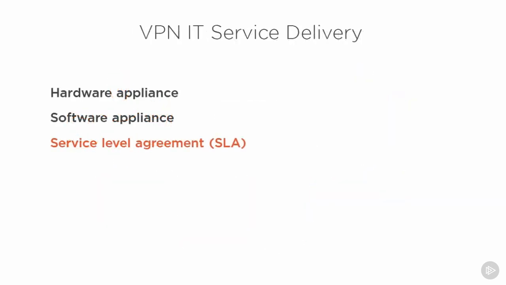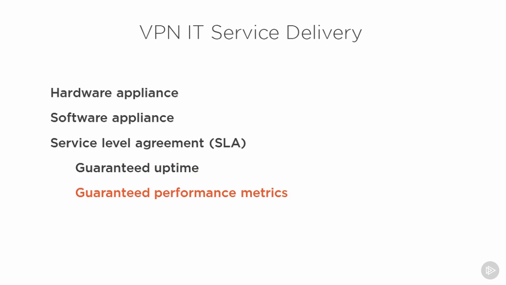We then have to consider service level agreements, or SLAs. The SLA is a contractual document between a service provider and a service consumer. In this case, the service we're talking about is VPN connectivity. The SLA will detail things like guaranteed uptime for the VPN, guaranteed performance metrics, such as a guaranteed minimum number of bytes that are able to be transferred within a specific period of time between VPN endpoints. The SLA could apply to a VPN service that's being delivered to clients either on premises, on a private network,